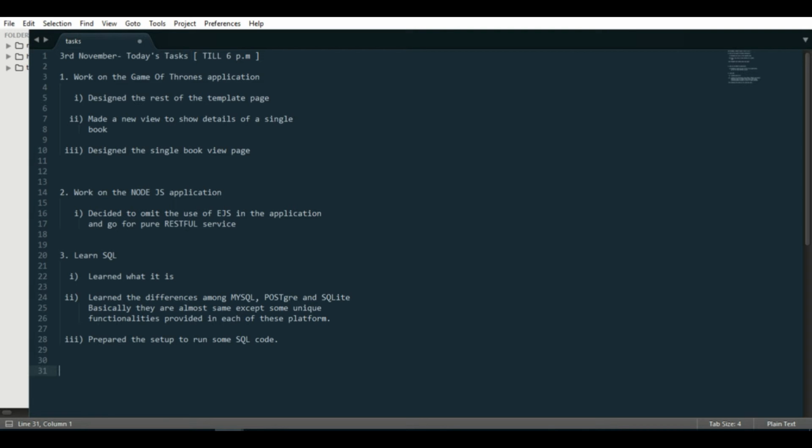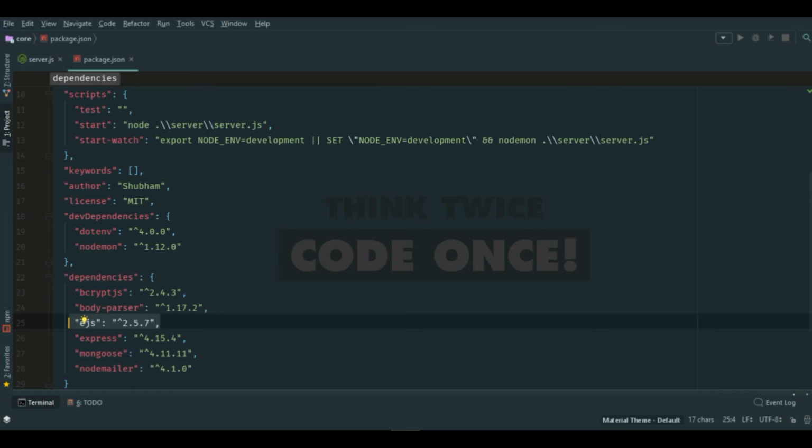And the second one that I did was I worked on the Node.js application. I started with it, but then I had a bit of conversation with someone, and I decided to omit the use of EJS or any templating engine in my application, because I want to make it a pure RESTful service, which will only give JSON and only take JSON instead of giving out a complete web page.